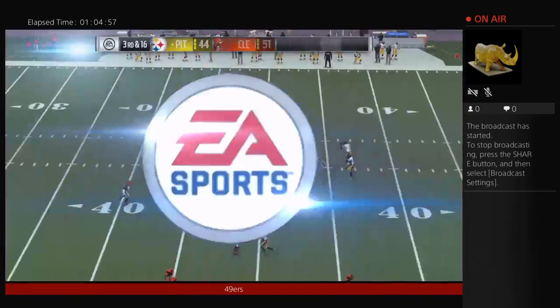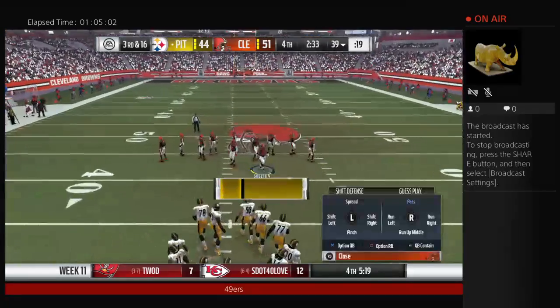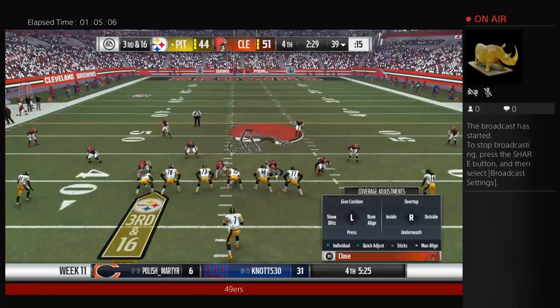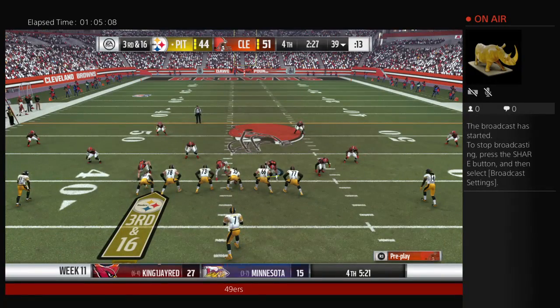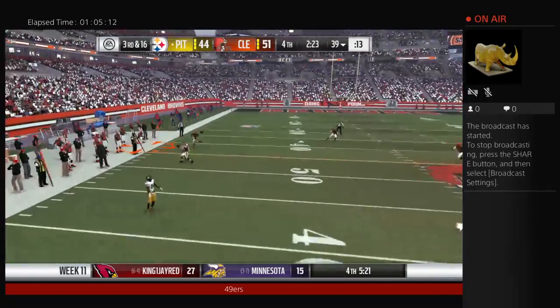Man, he got in there so quickly, Charles. What could the offense have done to adjust and account for that? What you're hoping is that you figure out and get a clue that maybe there's going to be some pressure coming at you, and you change the blocking schemes. Maybe you go to max protection. The biggest one is maybe you bring your running back in to try and keep...